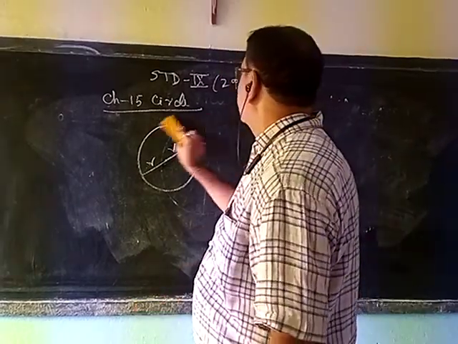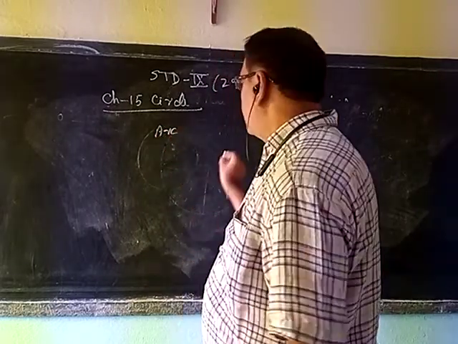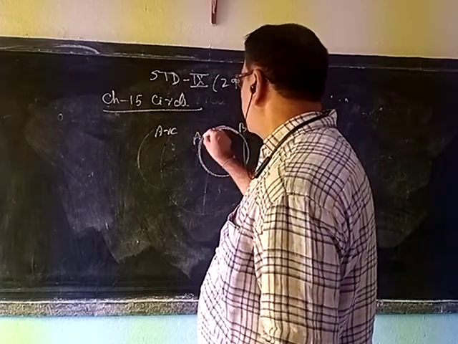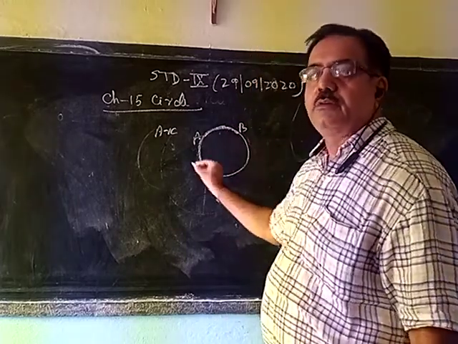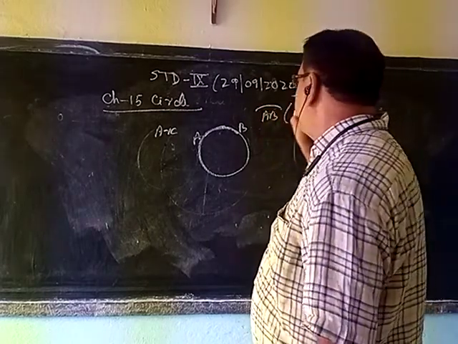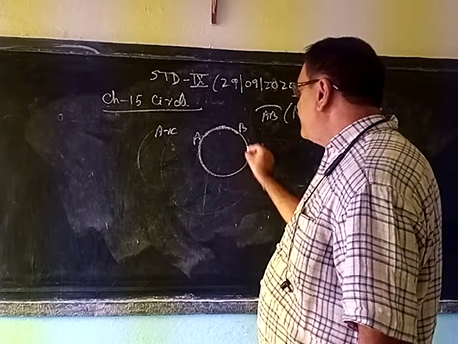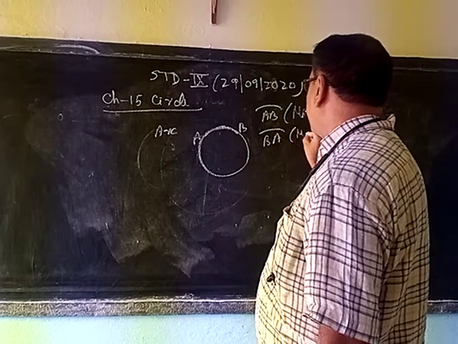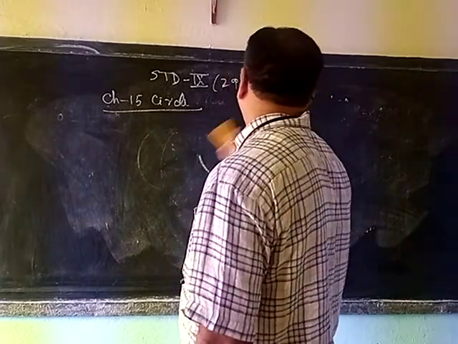Next, arc of a circle. A part of the circle. This is a part of the circle; AB is known as an arc. This is also a part of the circle, this is also an arc. So what do we write? Arc AB. This one is minor. And when we talk about arc BA, it means this portion. This symbol is arc. Major. Then this is regarding the arc.